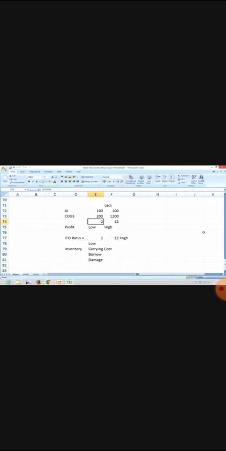The next one, inventory holding level. This is something which you should understand very much because it has direct linkage with your inventory turnover ratio. Now, here I said my annual cost of goods sold is 1200, right? Let me just make it a little clear. It is my annual cost of goods sold. COGS stands for cost of goods sold. If this is 1200, which is basically for 12 months,